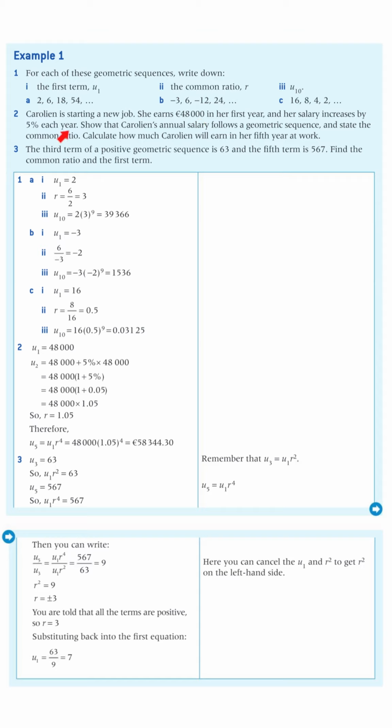If it increases by 5% per year, 5 over 100 is 0.05, and so we would multiply. It's increasing, so I multiply by 1.05. So that shows that as 1.05 here. That's R. We know U1 is 48,000. Therefore, using the formula for U5, it's asking us the 5th year. That's U1 times R to the 5 minus 1, or the n minus 1 there. So U1 is 48,000. That's 48,000 times R, which is 1.05, to the power of 4, because that's 5 minus 1, and that comes as